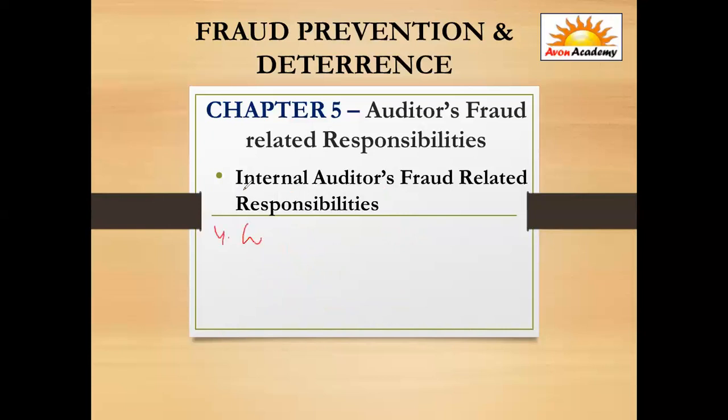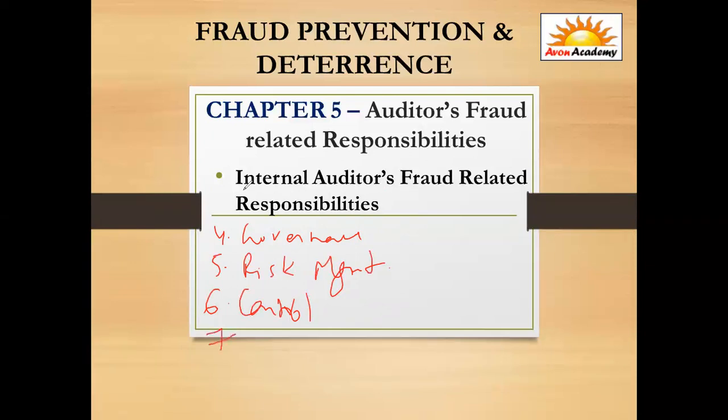Number four is governance. When you talk about governance, the internal auditor has to assess and make recommendations related to governance. Then we have risk management. Under risk management, he has to recommend certain improvements, if any, and evaluate the risk exposure the company is under, all in his report. Then you have the control. In the control aspect, he has to continuously check the internal control mechanism, see whether any improvement is required, and check its adequacy.